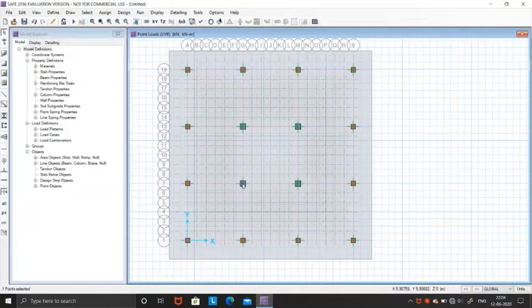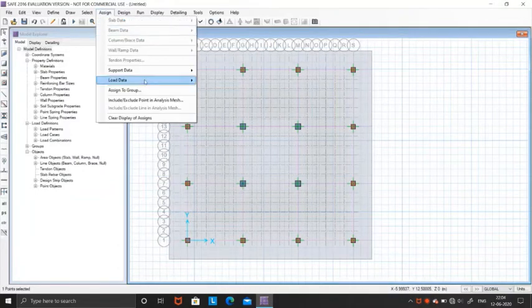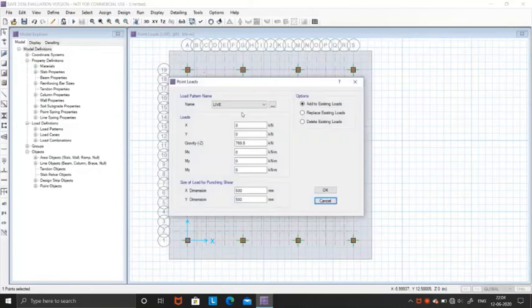Now we are assigning the load on column of 600 by 600. Make it red and change the values as mentioned. Point 9. Make it here 600 by 600.